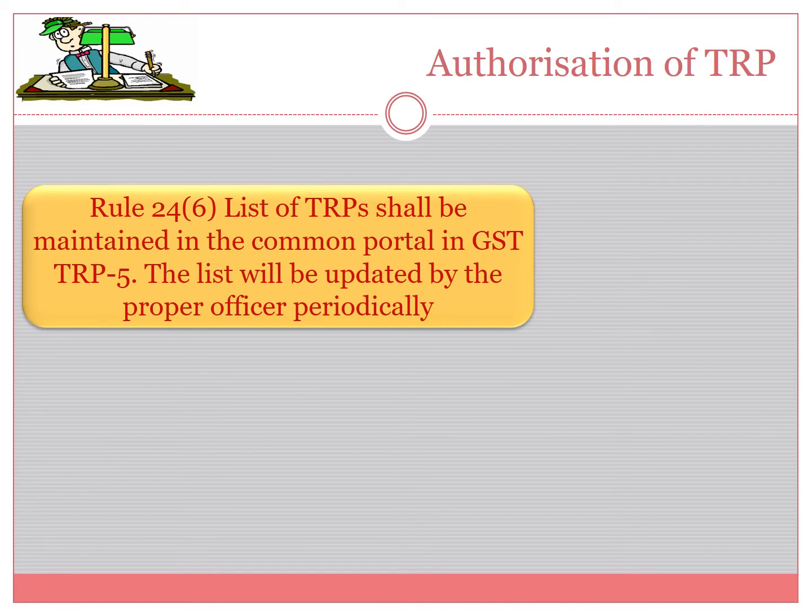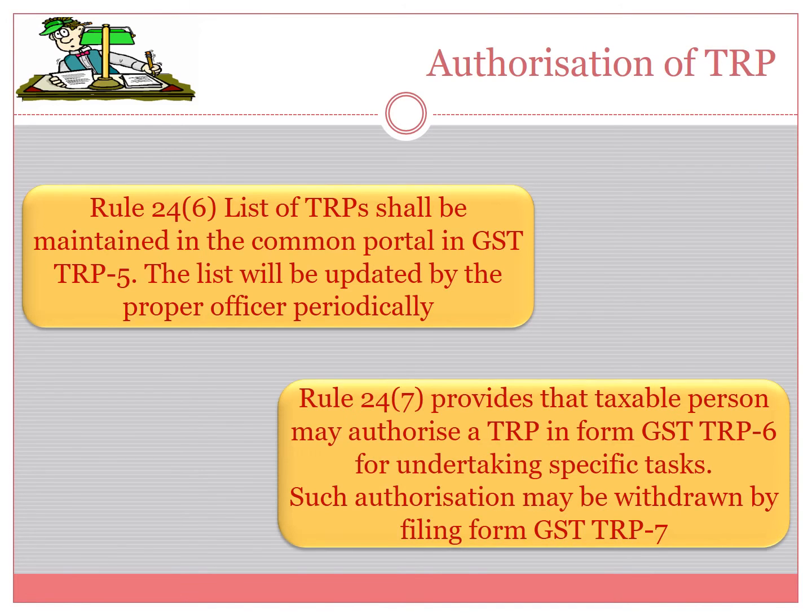Under Subrule 6, a list of enrolled TRPs shall be maintained on the common portal in Form GST TRP 5. The officer may make such amendments to the list as may be necessary from time to time. Under Subrule 7, any taxable person may authorize a TRP in Form GST TRP 6 and at any time withdraw such authorization in Form GST TRP 7. The TRP so authorized shall be allowed to undertake such tasks as indicated in Form GST TRP 6 during the